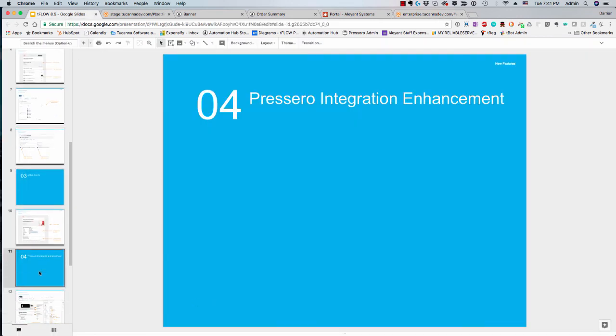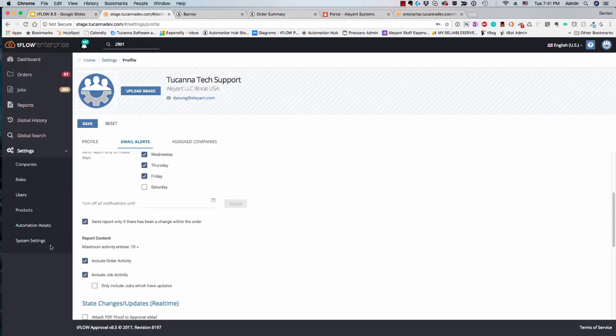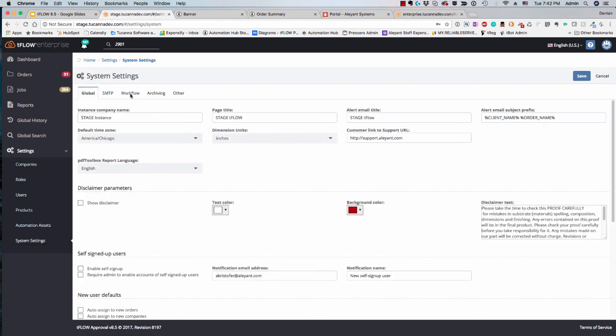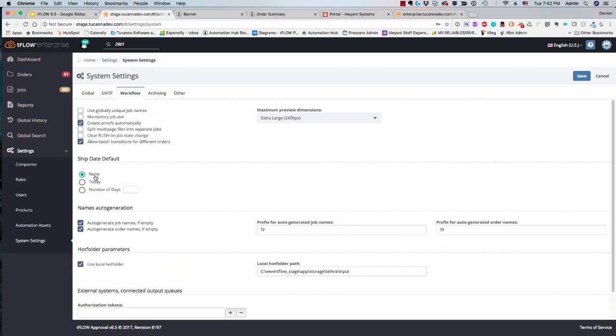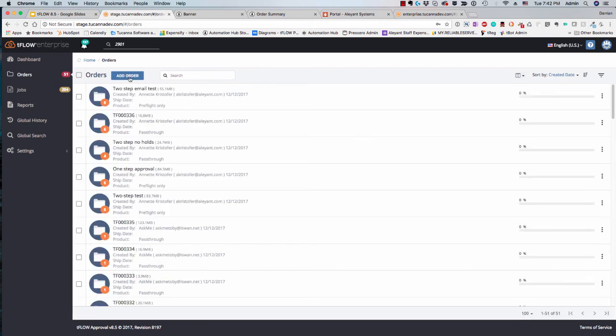Okay, so the last thing I want to discuss here is the optional ship date. Down here in the system settings, in the workflow, you have the option to set it as no ship date, or set it to today, or a number of days after today. You can set whatever the default's going to be, but even more importantly, what that allows you to do is when you are creating your order,